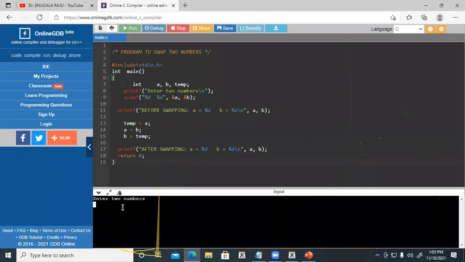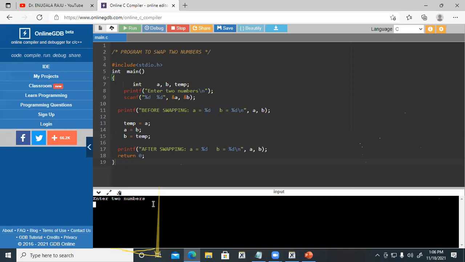Now let us run the code for output. Now see, it is asking to enter two numbers. See here, without any errors, directly it is executing. This is how you should improve yourself. Once you write a code and copy paste in a compiler, it should run without errors. By practice you will come to know all these things. You will reach such a position, I am sure.